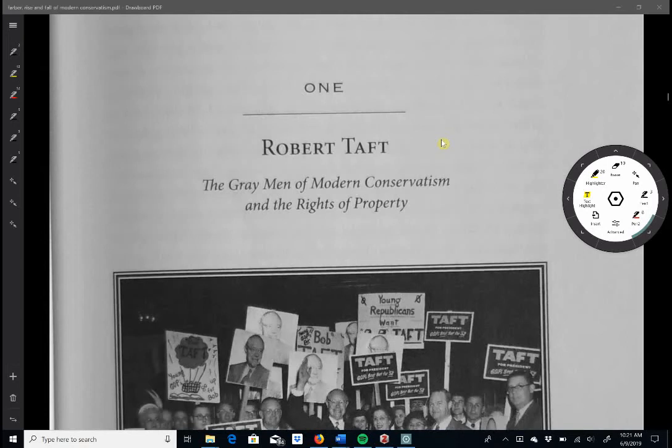And so another big question that you're going to have to answer is, when should we start this new chapter, this new section for a chapter? And it's no secret that Farber sees the origins of modern conservatism in the 1930s during the New Deal. It's a political ideology that rises to combat the rising popularity of modern liberalism and the New Deal.